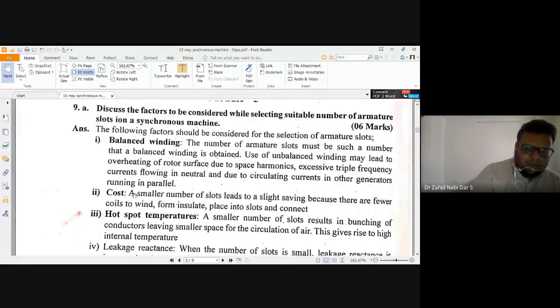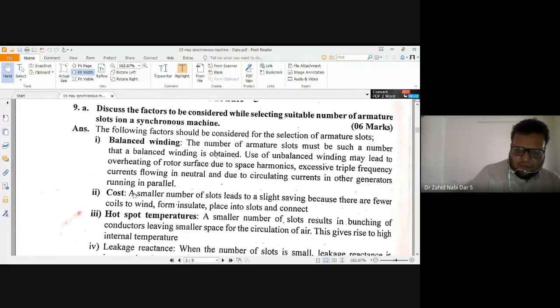24 we can divide into equal sections, 12 and 12, but 22.8 we cannot divide into equal sections, so we cannot get an equal winding. So at times, even though the cross-sectional slot area and slot length will get less, we will consider the nearest number so that we get a balanced winding. Now you got my point why I have taken 24, not 22.8 or 23. Did you get it, Fakresh? Yes, sir. This is important.